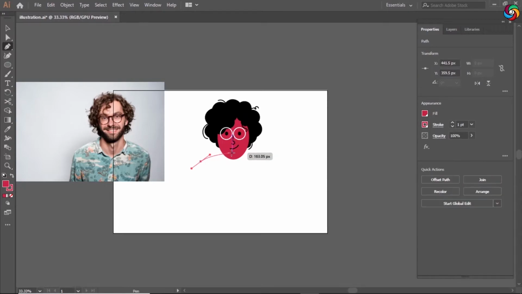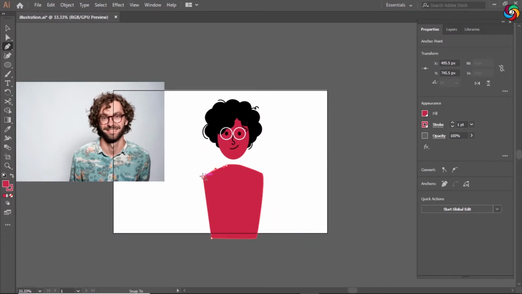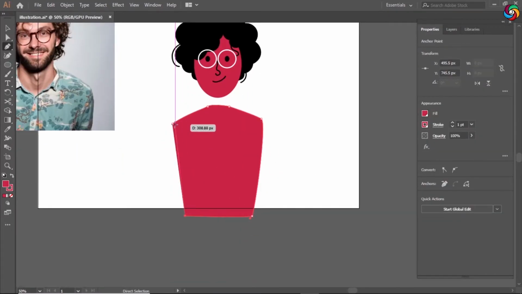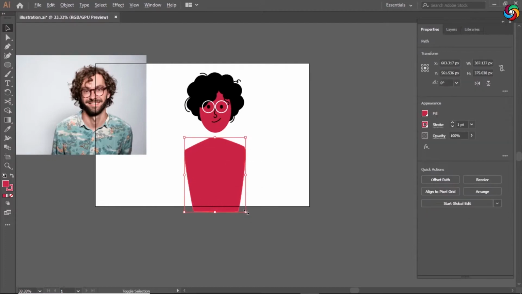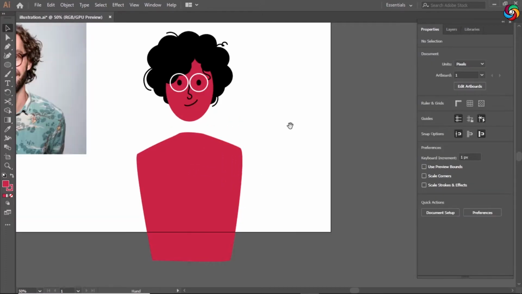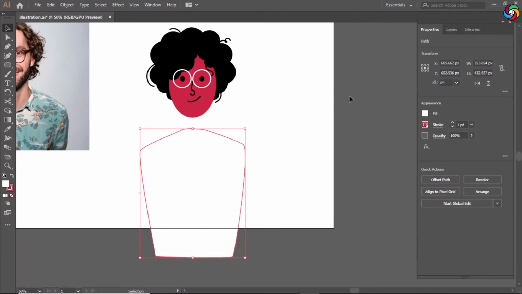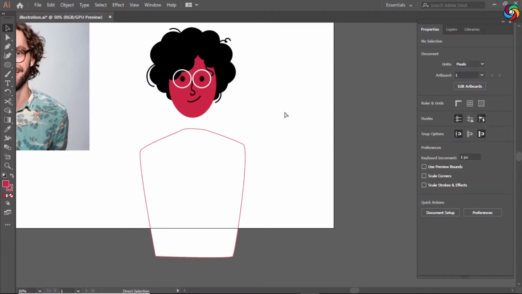After I'm done with the head, I'm gonna draw the body using the pen tool. I've drawn this sort of shape so that it looks like his hands are going behind him. I'm doing this so that the body language of the character looks polite and content and happy. And in the end, I think everything will tie together well and make him look very cute.